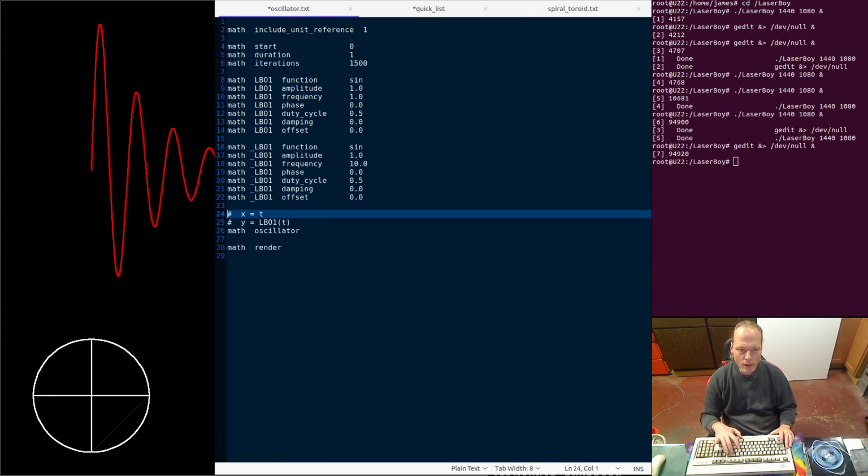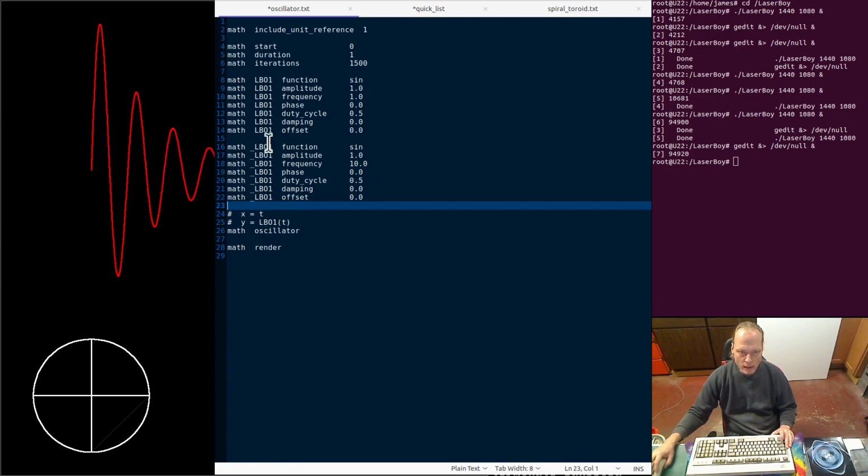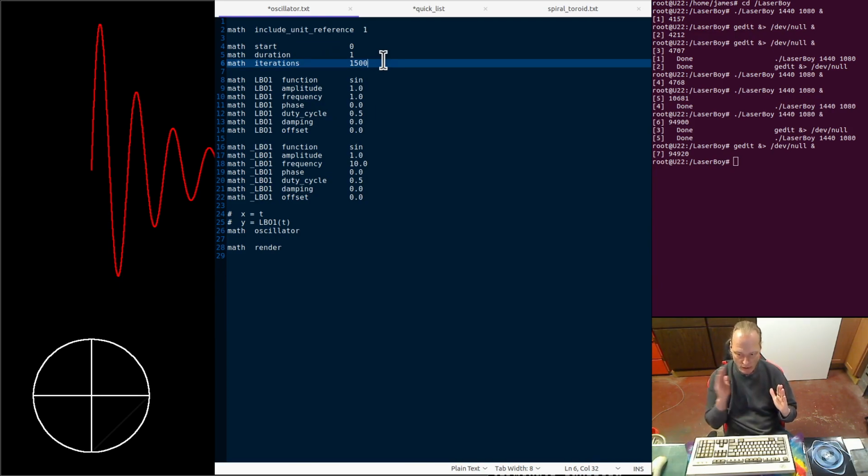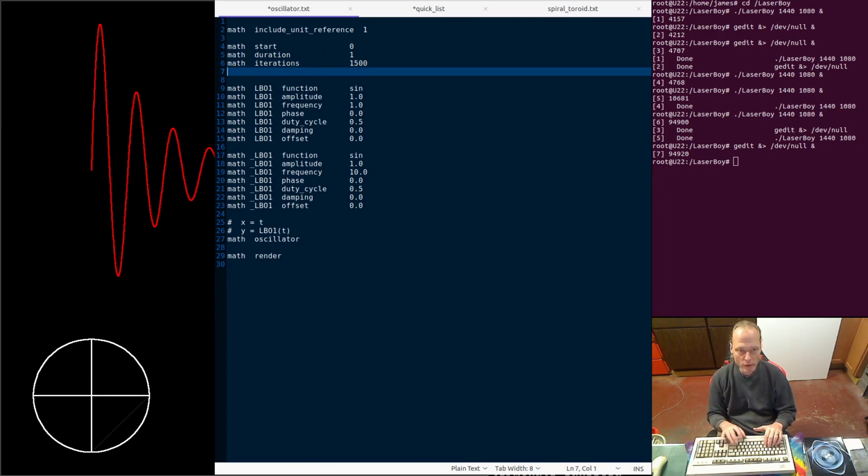Now you notice it's still an LBO1, but it's got an underscore in front of it, which makes it different. This is our initial state values for the first frame of an animation, and this is our final state values for the last frame of an animation. And by default, the setting for frames is 3, so you get the first one, the middle one, and the last one. But we want to see more than that, so